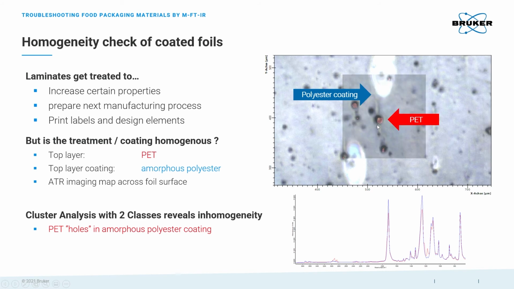And if we now overlay visual and IR information with each other, it exactly matches with these black spotted patterns in the visual, which are maybe some structural depressions on the sample where the coating has no access to, and therefore we have an inhomogeneous coating of the foil itself.